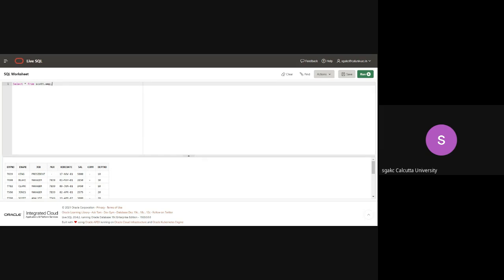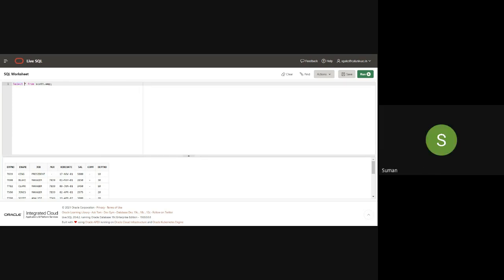So how will you refer to such a table? We'll refer to such a table as database 1 dot table 1, right? That's what we have done here. If you see, this is the name of the database, and this is the name of the table. If you look at the nomenclature,